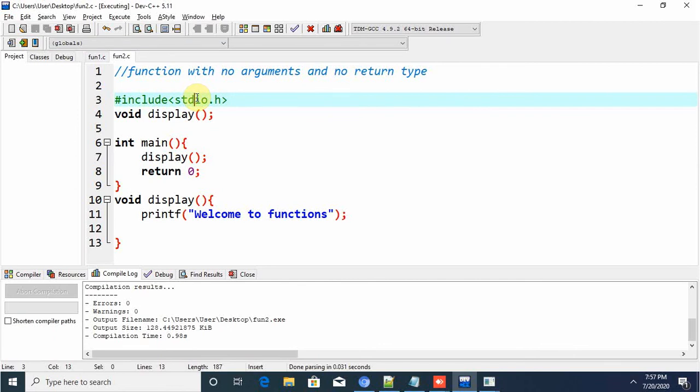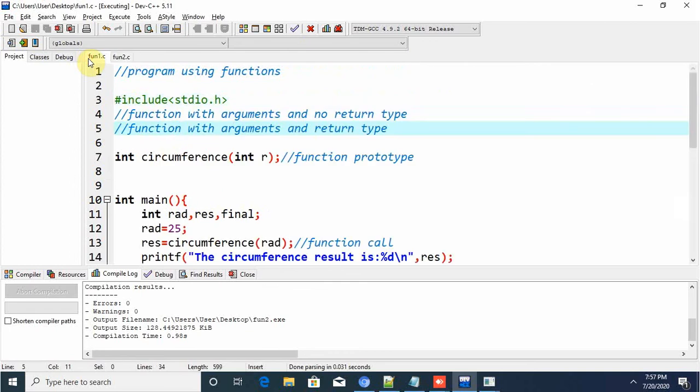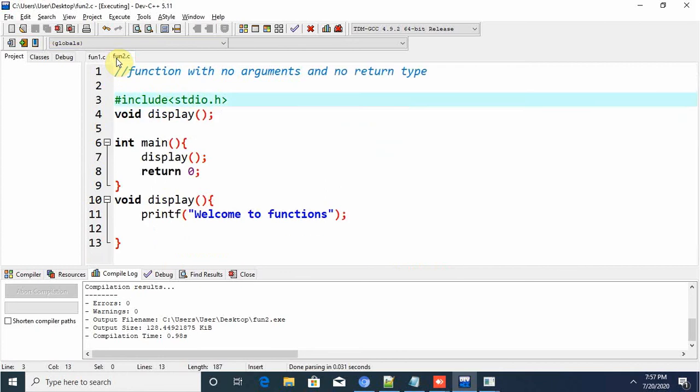Another thing is with the arguments, we have done all three with the arguments and no return type. What is the last one we need to do? With no arguments and return type.